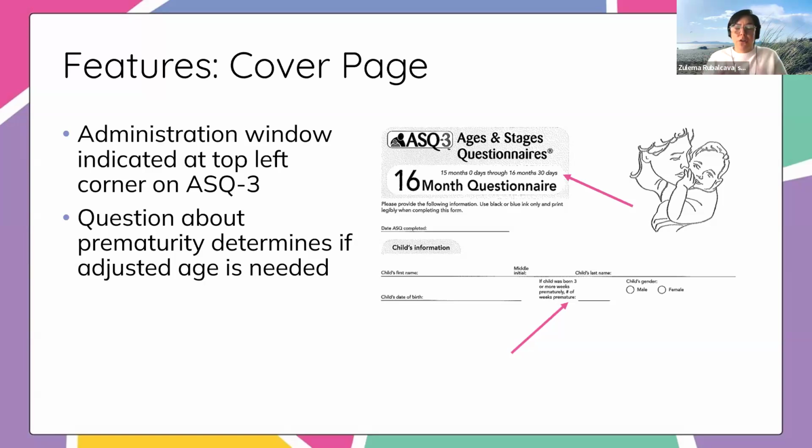So when we're starting our process for implementation, we might want to say to families, hey, we're trying to get everybody's ages so that we can look at those milestones that are the most appropriate for your child's age. Were they more than 3 weeks premature? And that way we know it in advance so that we can adjust that age.